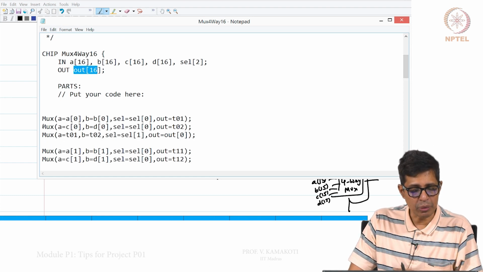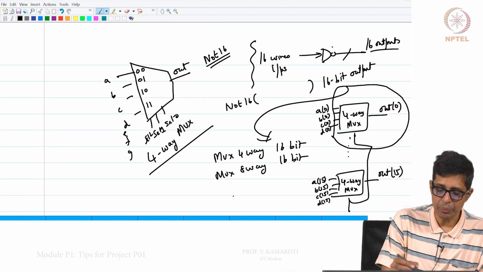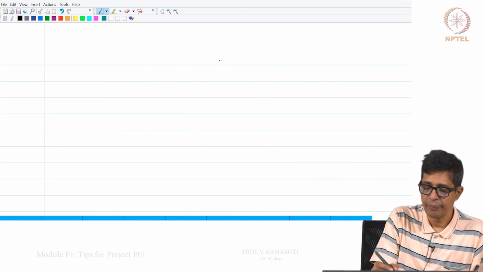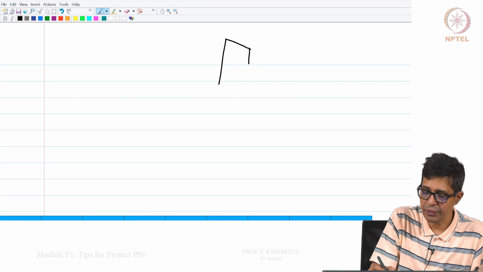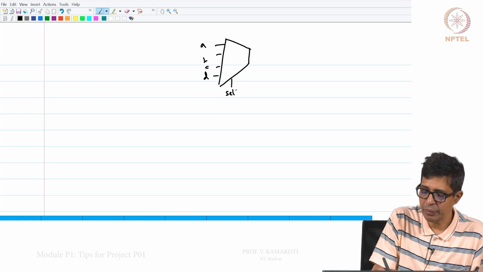So, I am putting 3 muxes here. Suppose I want to do this: A, B, C, D, sel 1, sel 0, out.